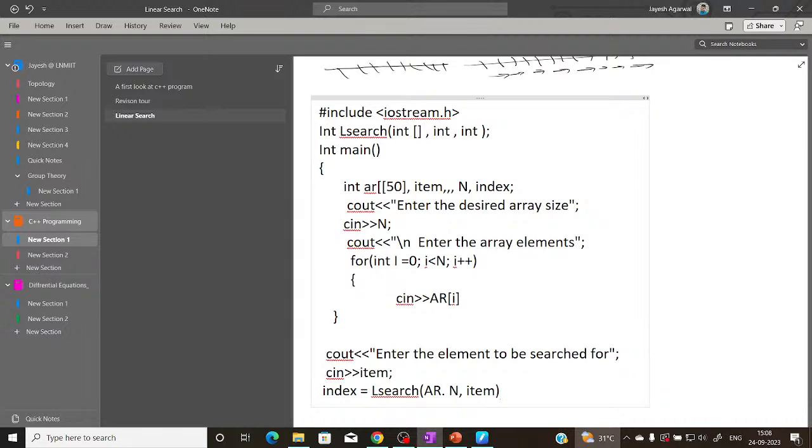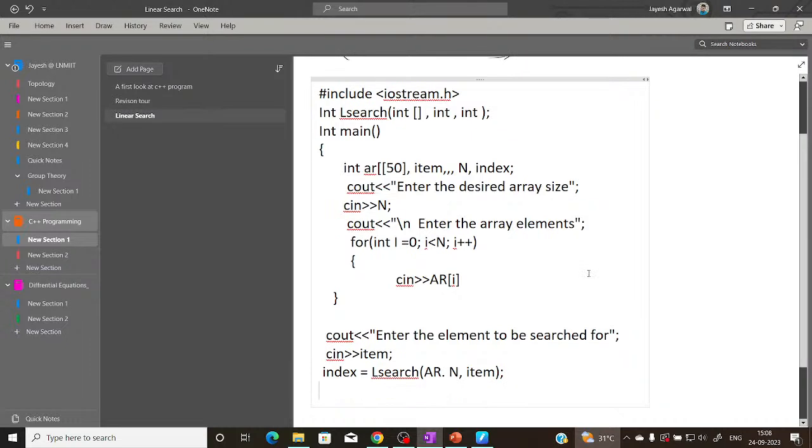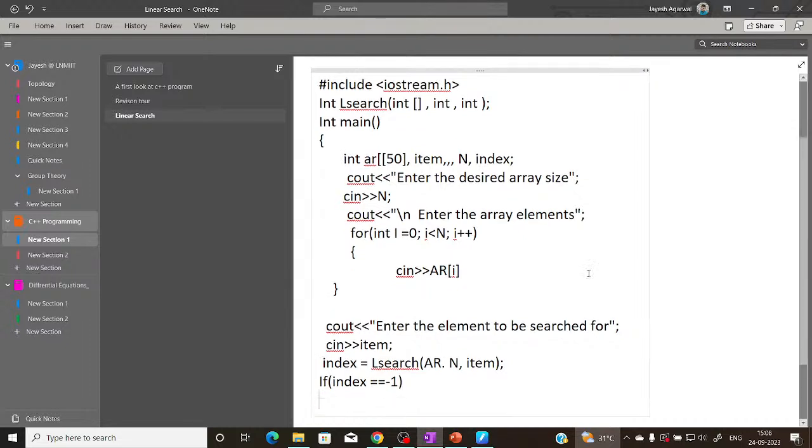Now according to the function declaration and function calling, we have various cases here. Now if index equal to, this is the assignment operator, right? Equal to -1, then